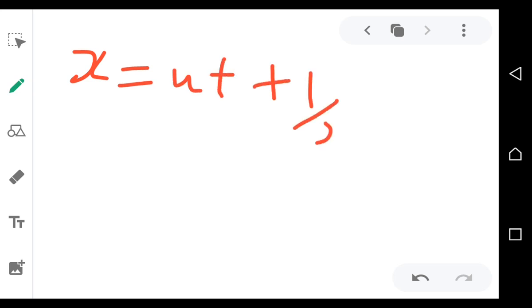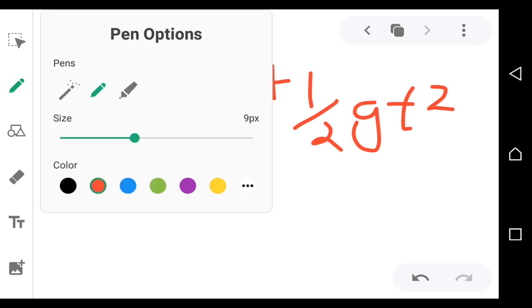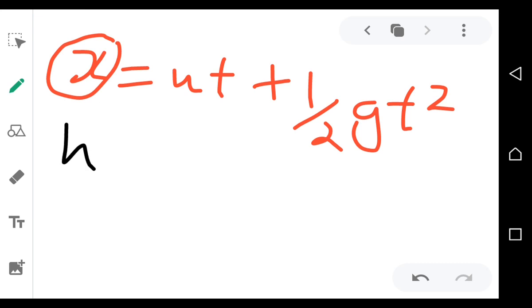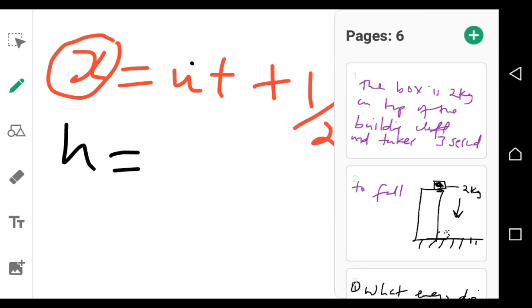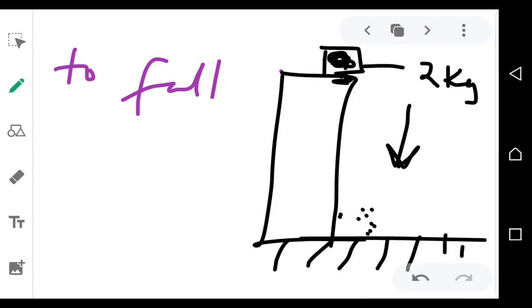Under equation of motion, there is this equation that we usually use. If you remember this equation, x is equal to ut plus half gt squared. This x here is symbolic of distance, it means height. So I'm trying to find the height of a building. u means initial velocity, so we're going to find the initial velocity of this box